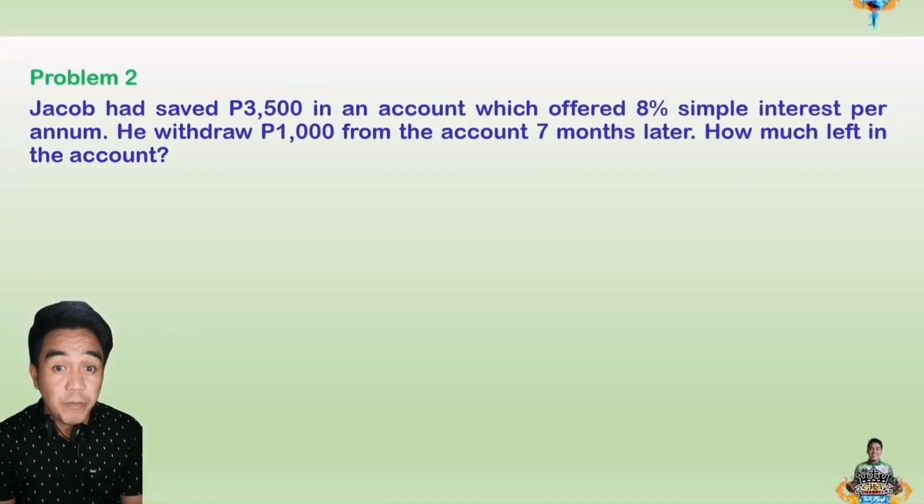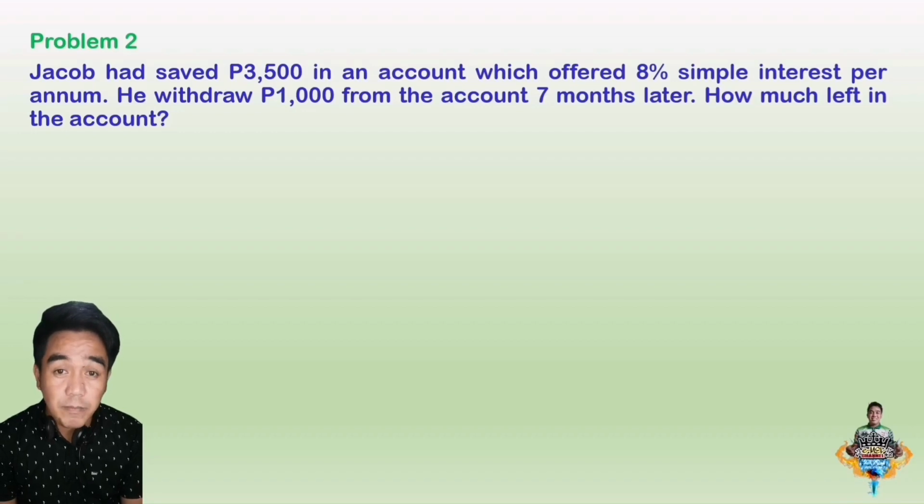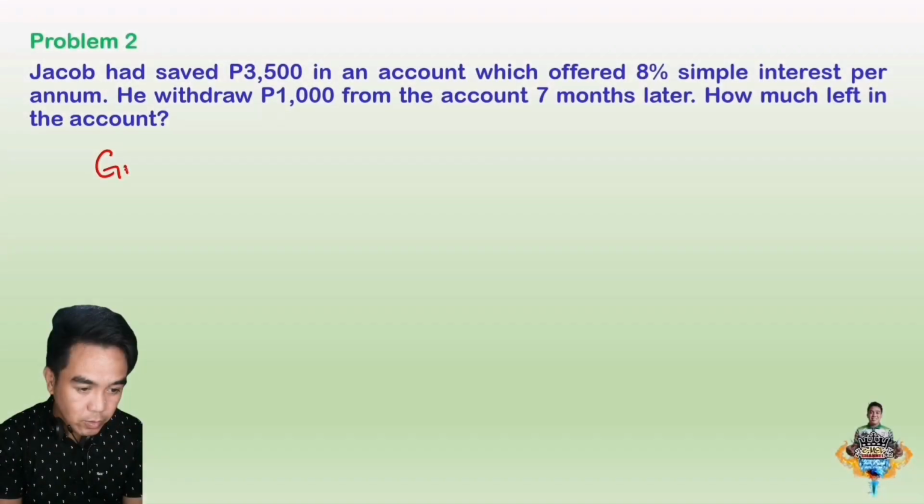Now let's proceed with problem number 2. Jacob had saved 3,500 pesos in an account which offered 8% simple interest per annum. He withdrew 1,000 from the account 7 months later. How much is left in the account? So, given,